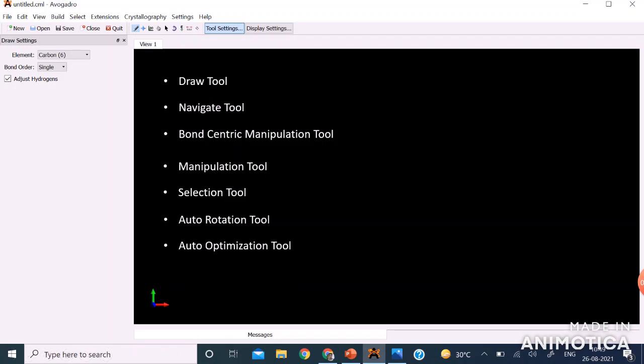Avogadro has molecular mechanics. So, by using the optimization tool, you can clean up the molecular space. The next tool is basically the measuring tool. By the measuring tool, we can measure the bond length, bond angle, and finally the last one is the align tool. Using the align tool, you can align the molecule along a particular axis.